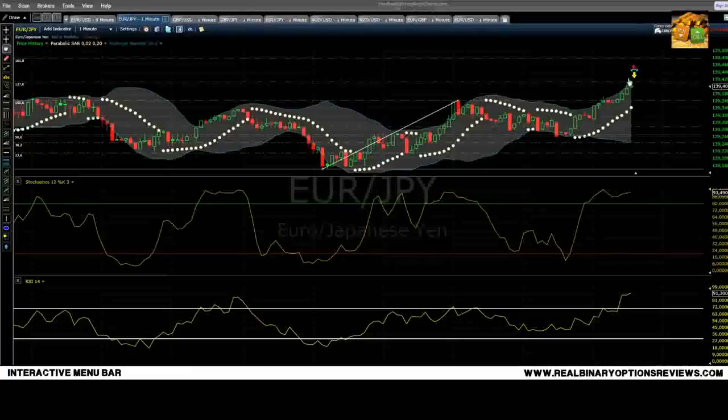Maybe I should have waited until it touched the 127 level, but sometimes you will see the price react a bit sooner, and sometimes it will cross this level before it reacts. And I entered this trade a bit earlier because I saw that the stochastic indicator was quite high, and you can see the RSI is on the level 91, which is a very high level. So I didn't want to miss this opportunity, and I hope I gave it enough time, which is 5 minutes, to expire